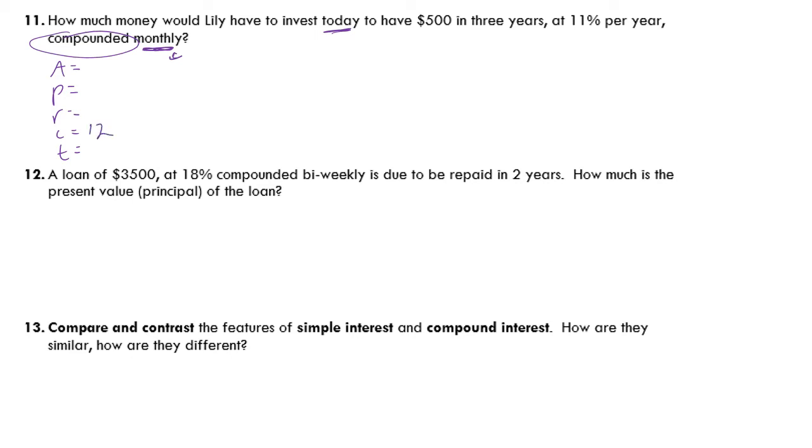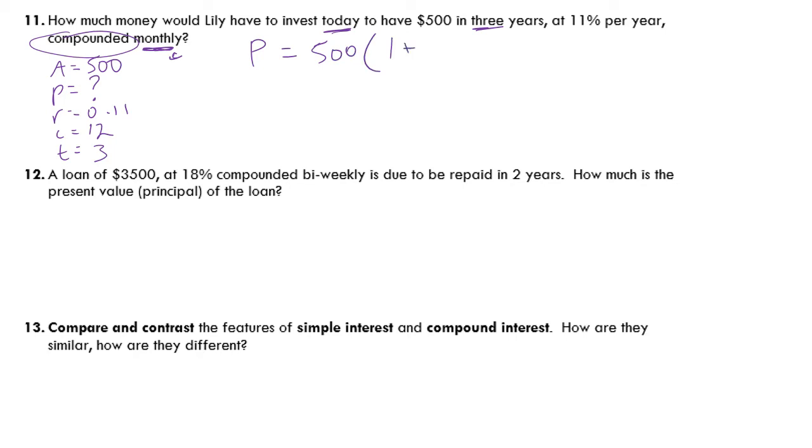Today, that's asking you for the present value, the principal. You want to have $500 in the future, so that's your future amount. Your interest rate, 0.11. Time, it says 3 years. So remember, for present value, just like for future value, I've written this formula down multiple times for you. So I'm just going to go straight to it. P equals the final amount,